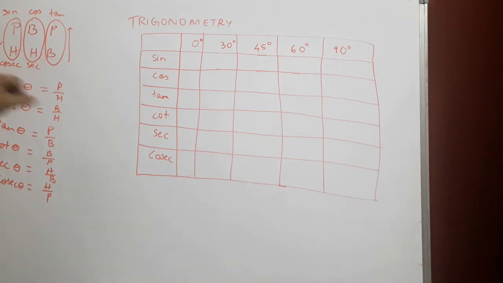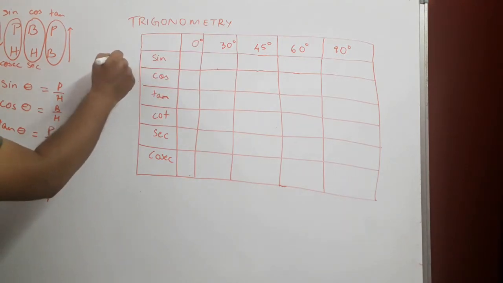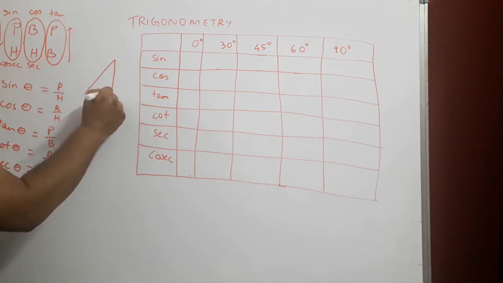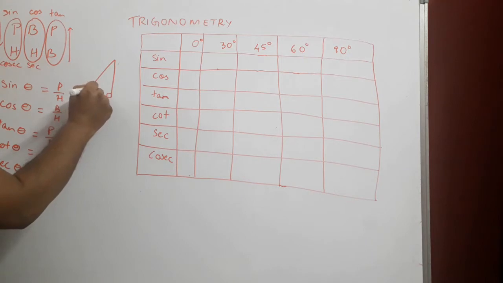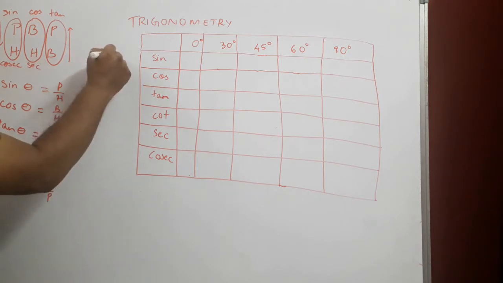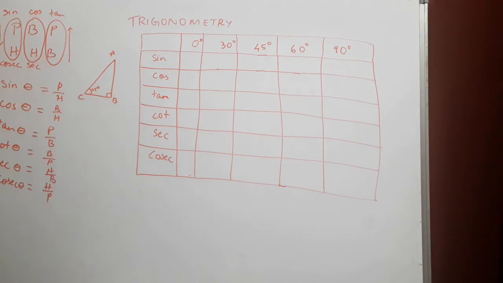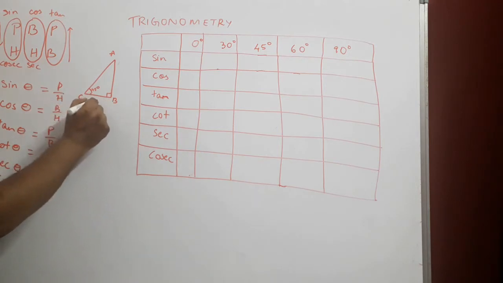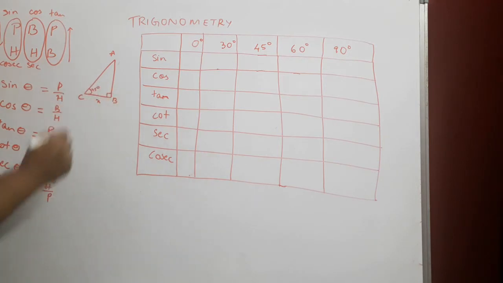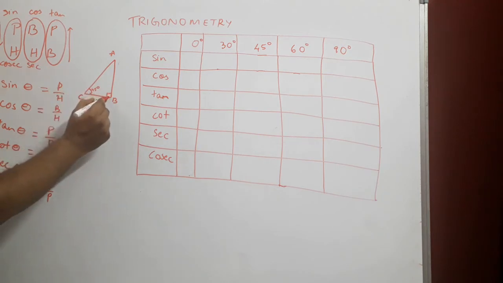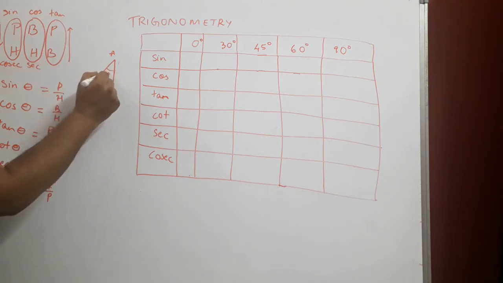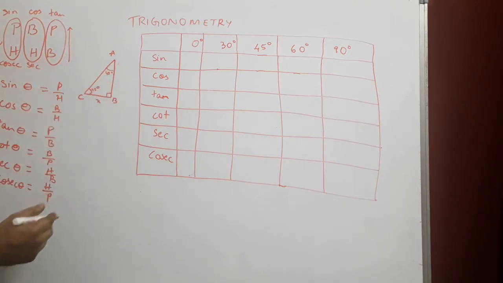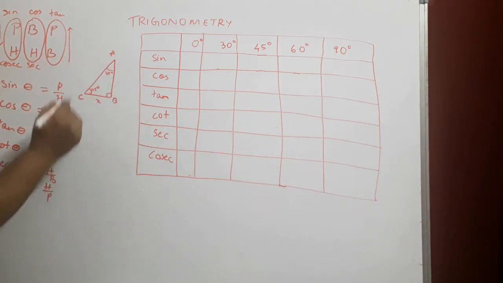Now we need to find out 45 degrees. For that, what I'll do is I'll draw a small triangle this way. This is 90 degrees and this will be our 45 degrees, and I'll mark this as A, B and C, and BC, the length of it, I'll mark it as X. And because this is 45 degrees and this is 90 degrees, this has got to be 45 degrees, because we know from the triangle property, that is the sum of all angles of a triangle is equal to 180 degrees.